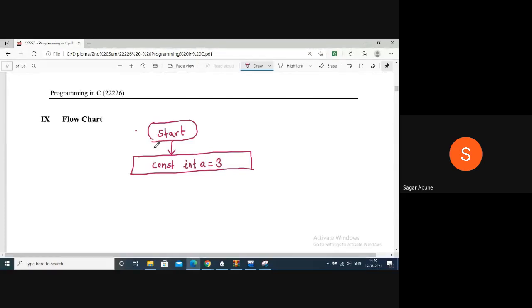Or you can write down the whole statement here, no problem. Then next is declare 3 variables a b c as integer and with a and b value. So here declare integer a b c semicolon and with value a is equal to 10 comma b is equal to 20 semicolon.